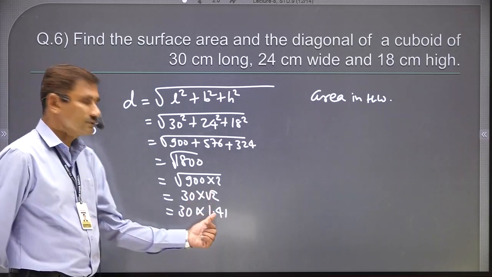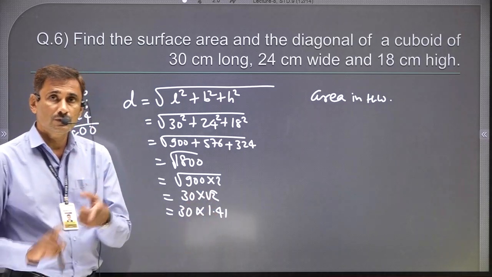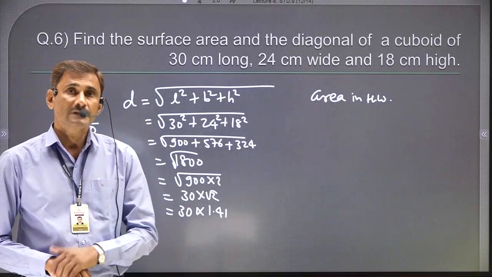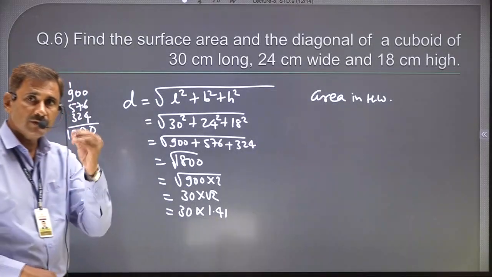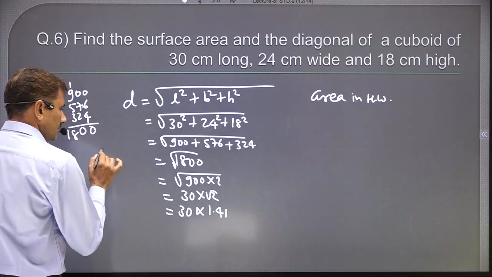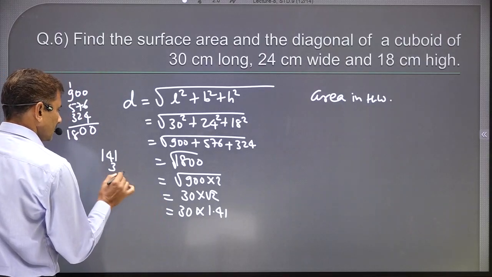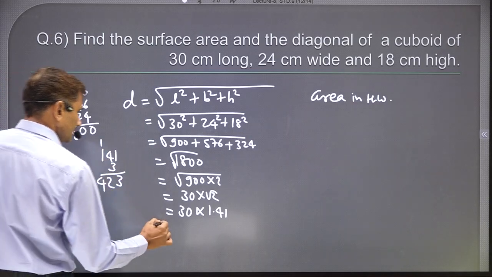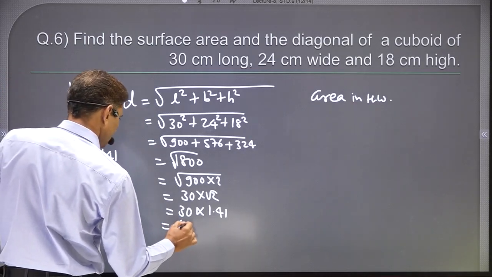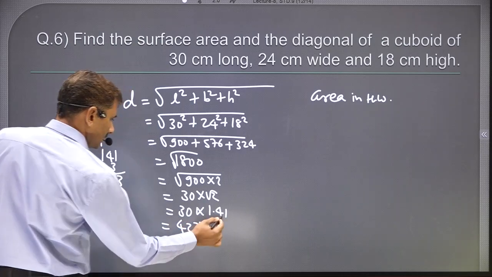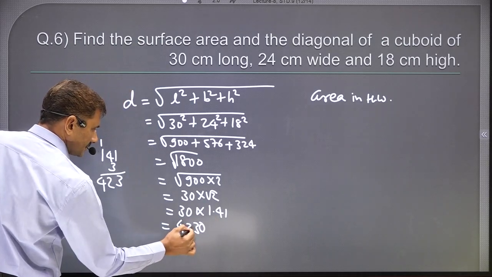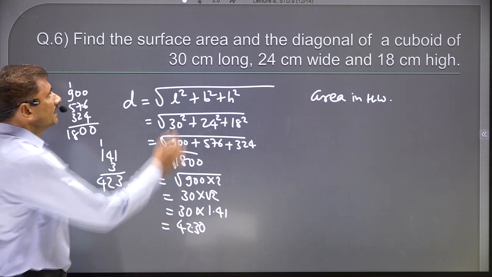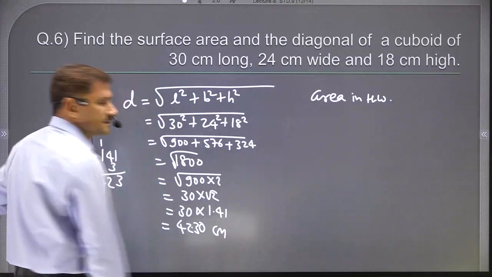Okay, remember root 2's value. I gave you the values of root 2, root 3, root 5 and root 6 in the previous lecture. So you just remember them. Now you can count it is 141 into 3. So 3 1s are 3, 3 4s are 12 and 4. So actually it will be 4, 2, 3, 0. In total 2 digits after the point. So it will be 42.30 and here it is centimeter, so centimeter.